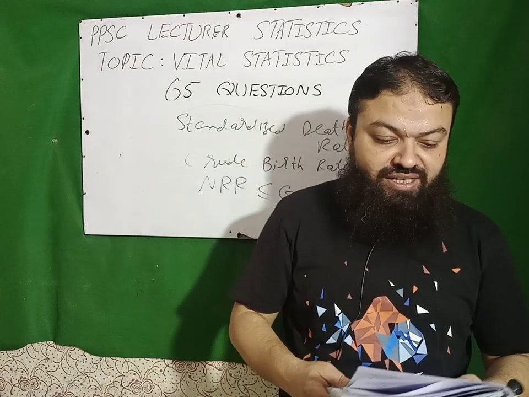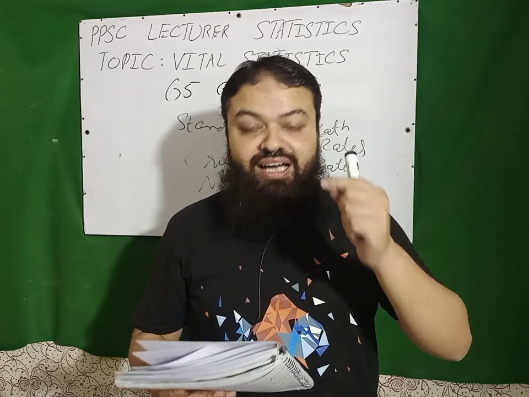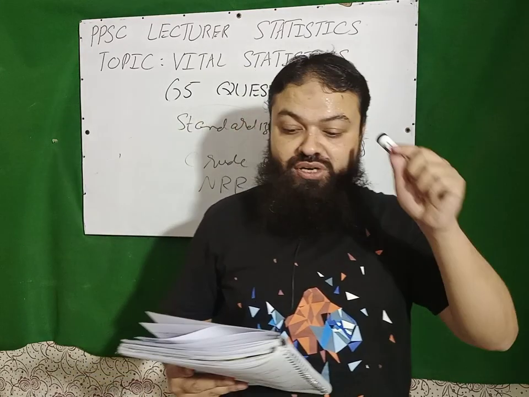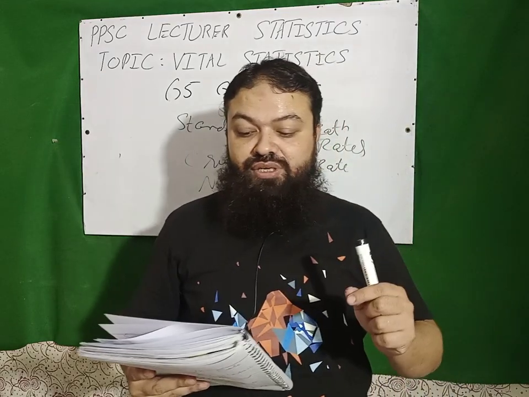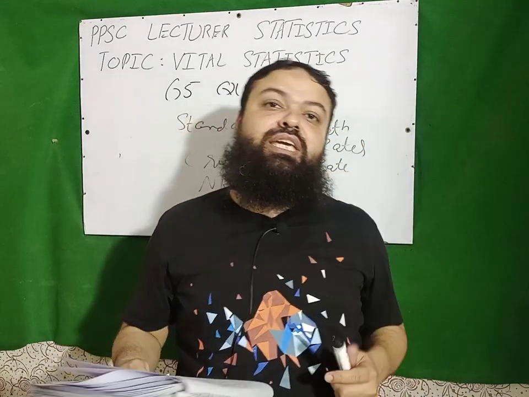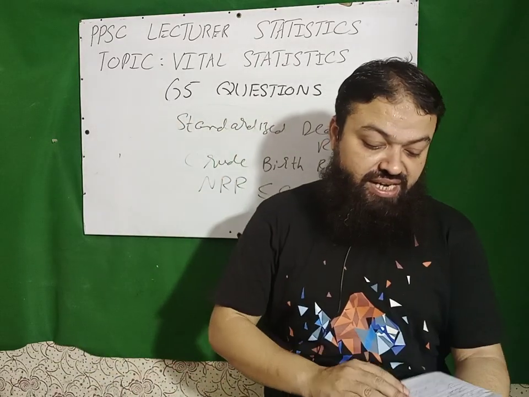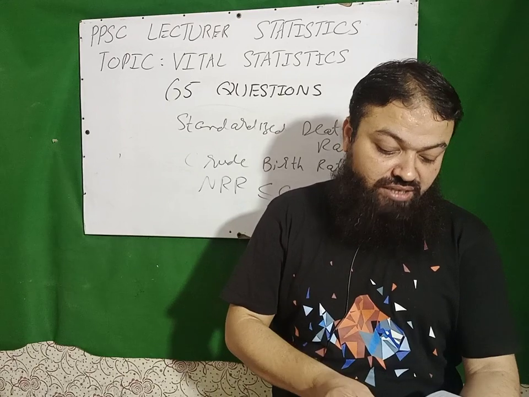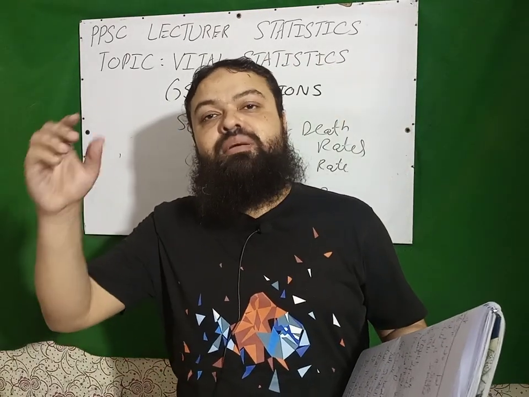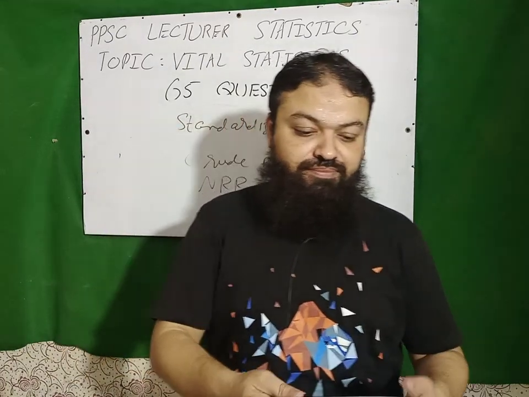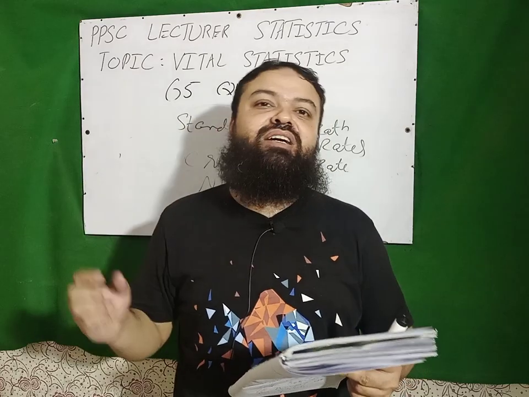Next question, the one who has not had a single child is called sterile. Next is fertility rate mainly depends on female population in the childbearing age group. Next, crude death rate, standardized death rate, specific death rate are the principal rates for measuring mortality. They all are used for measuring the mortality rate actually. Crude death rate lies between 8 and 30 per thousand.